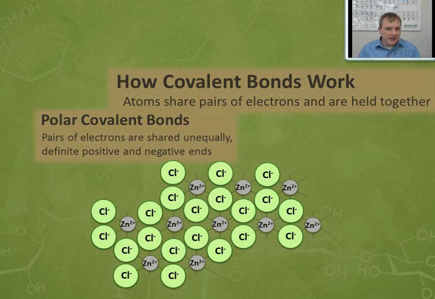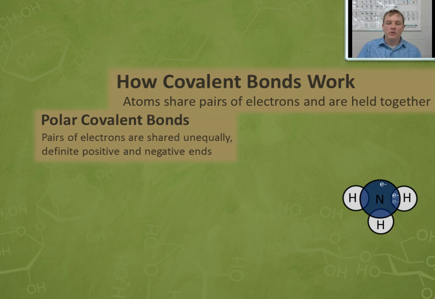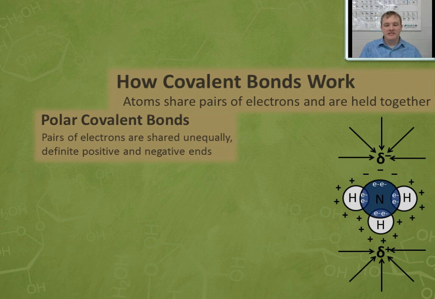Even though there are positives and negatives involved with polar covalent bonds, we are not talking about positive and negative charged ions. Instead, we're talking about parts of molecules that have these small positive and negative charges along the outside of the molecule. This bond is nowhere near as strong as the bonds between ions, but it does cause matter to behave in certain ways because these positive and negative parts exist. Those positives are going to attract negative parts of other molecules, and the negatives are going to attract positive parts of other molecules, and they're going to behave the same way that ions behave a little bit, but they're not